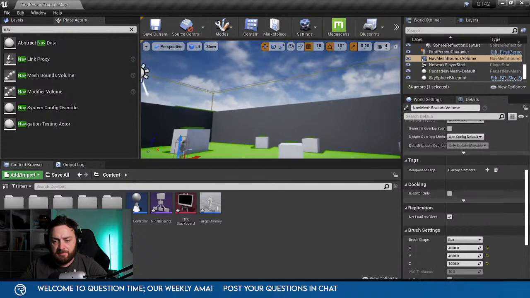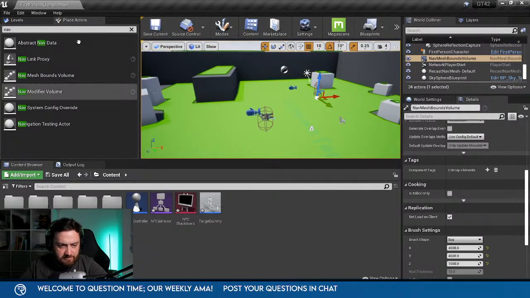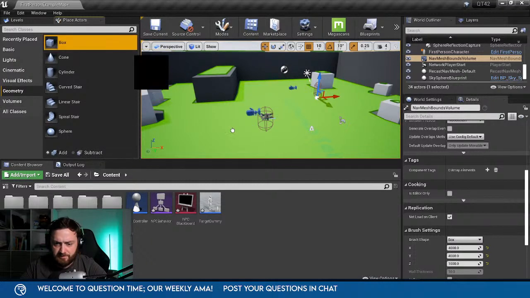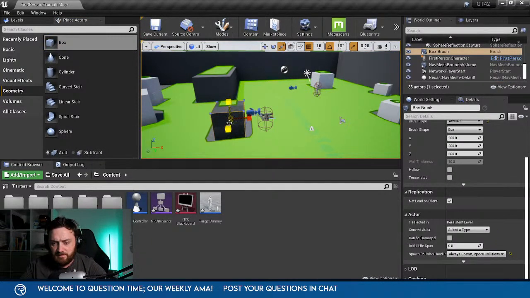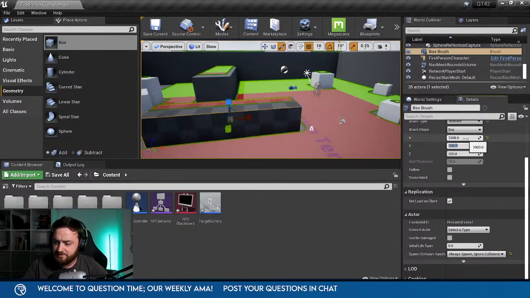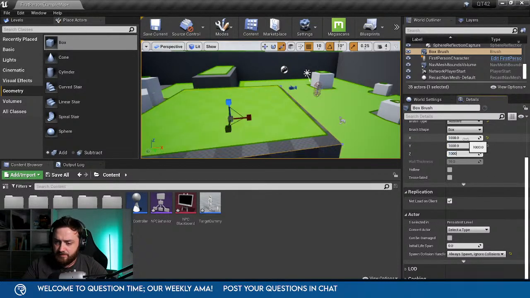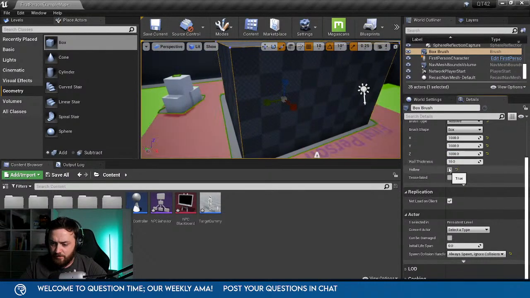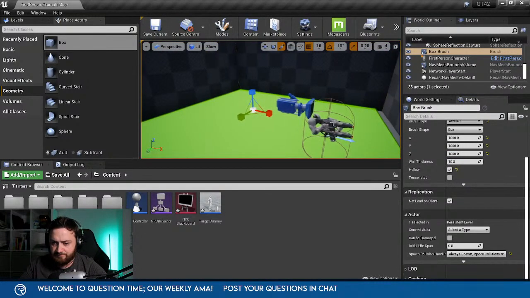Right, now let's put a room in with a door. So I'm going to go into geometry, box in, and I'm going to just scale up this box over here to 1000, 1000, 1000. And we'll make it hollow. Bam.